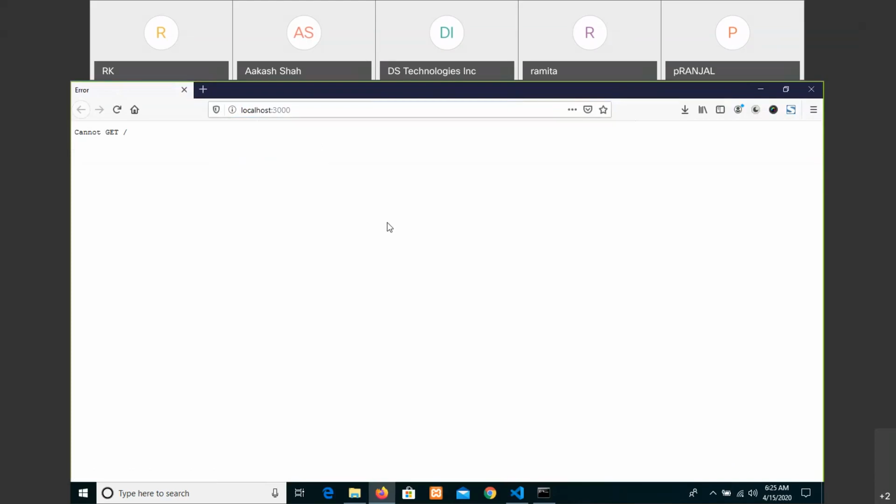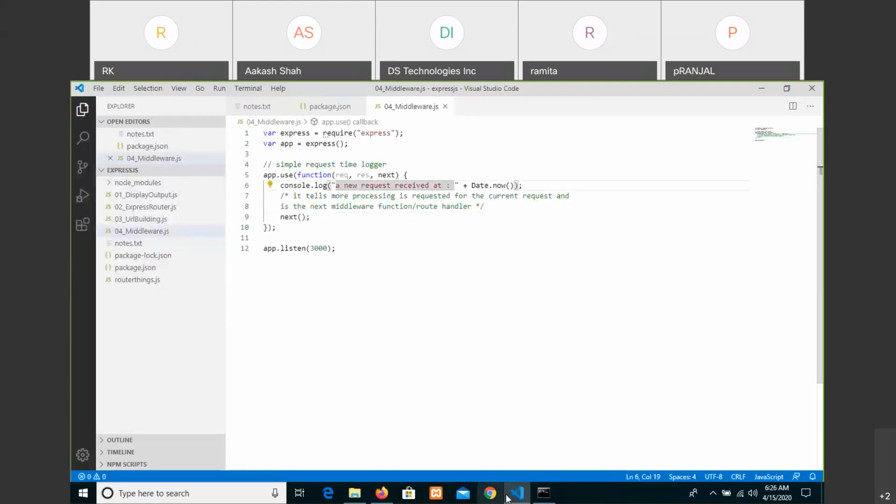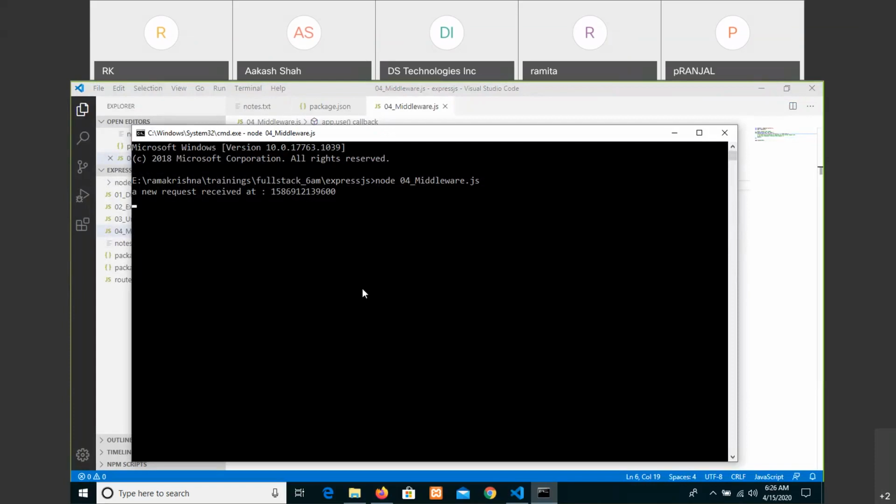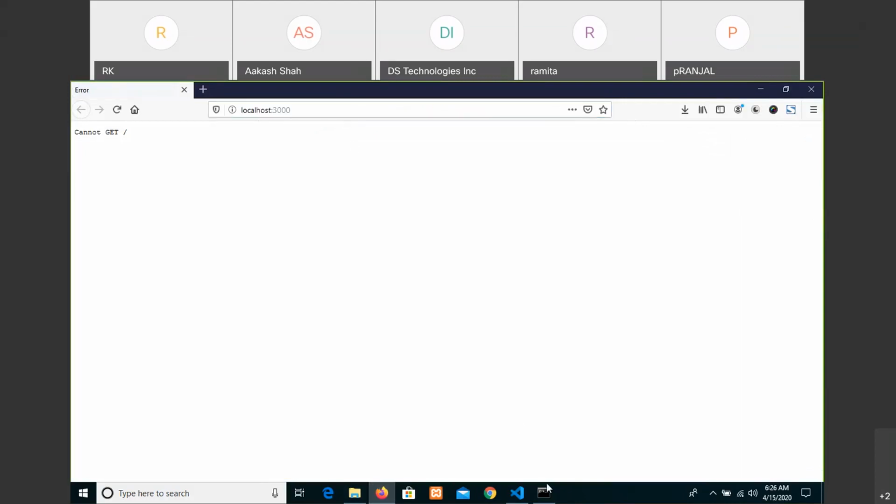We have requested actually, but there is no output shown in the browser, because we did not give a get route for the URL with response.send. What we have done is written a console.log, so we just have to see it here, and it is showing in the format of a timestamp. We can even change it to a date string, as we have some built-in functions in JavaScript also. So toDateString will change it to a format that we can read. So this is what you have requested, and it is still ready to accept one more request. Once again, if you request, then again,